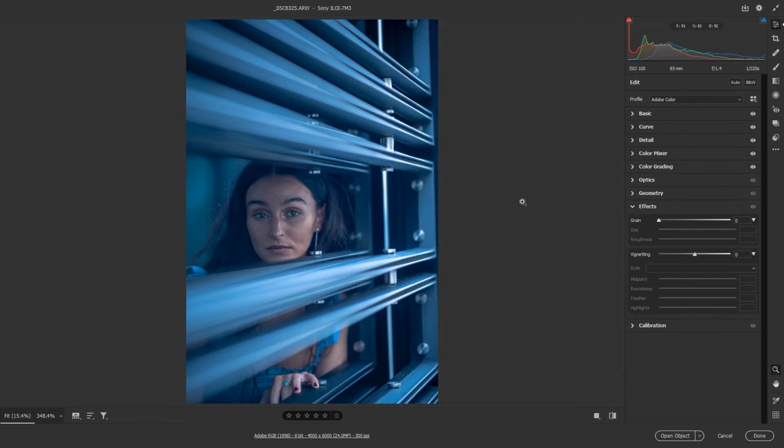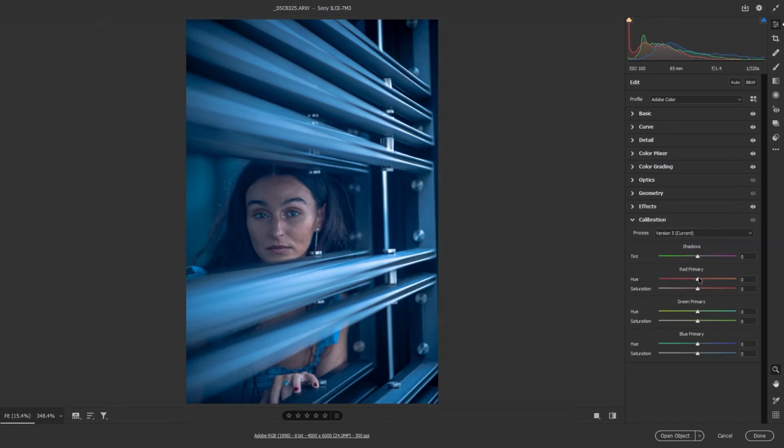Now let's go to the effects section, and we will not add any grain because there is already a lot of noise in the image. So we'll add a vignette to the image. First decrease the vignette a little bit to give a vignette to the edges and increase the feather so that the vignette is very soft and blurred out. Let's play with the calibration. We'll give a little bit of magenta tone to the shadows and play with the other sliders. See what looks good. See, this is okay.